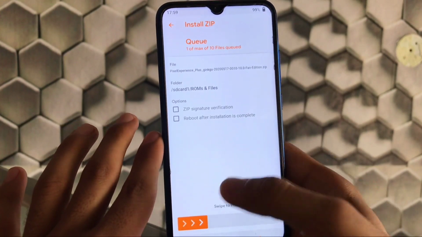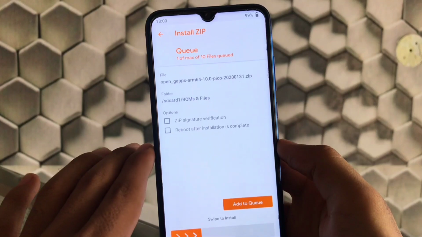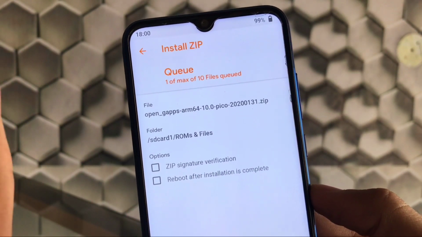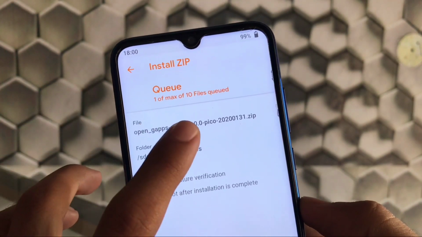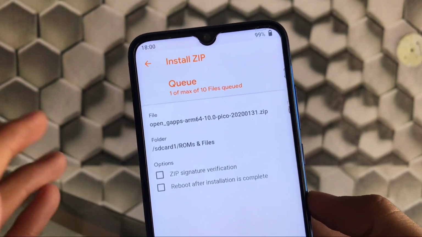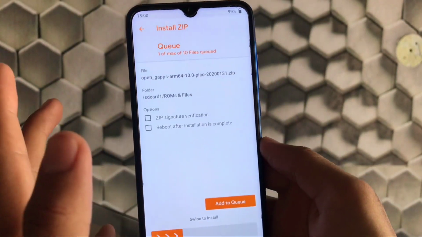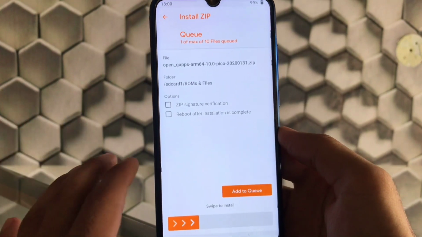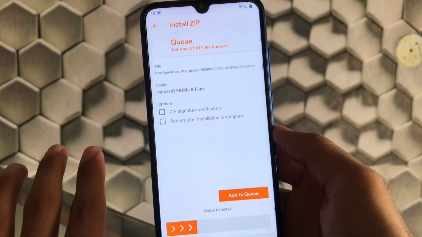And if you don't have Google Apps pre-installed, what you have to do is install this package, OpenGApps ARM, depending upon your system's architecture. I have ARM64. You can choose ARM also. 10.0 is the Android version, and Pico, which may be Nano, Pico, or whatever package you want to flash, and then it would be the date and time or whatever else. You need this file too if you have Google Apps not installed. But most of the time Pixel Experience ROM has the Google Apps pre-installed, so you don't need this.